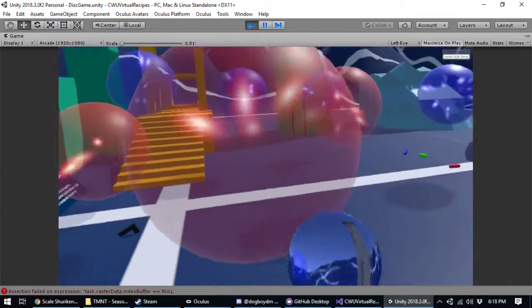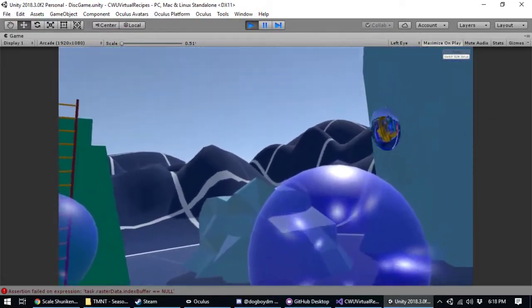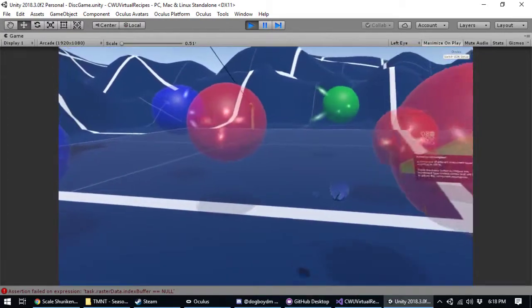The disc currently doesn't have any drag. I'm going to add drag to it, so it'll eventually come to a stop. But yeah, you can see how that deflects,